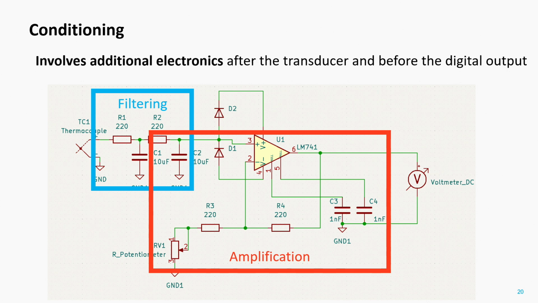In this slide, you can see we have first filtered the signal to take out all frequencies that are not interesting for the sensorial purpose. And after that, we have included the amplification stage in order to increase the signal-to-noise ratio in the temperature signal to process it later in the digital part.